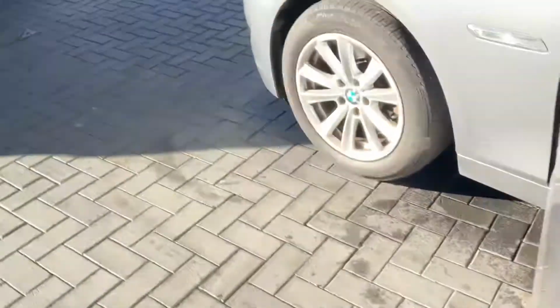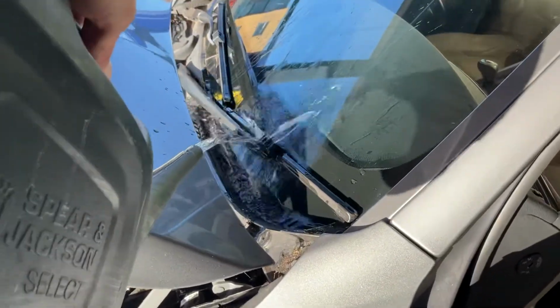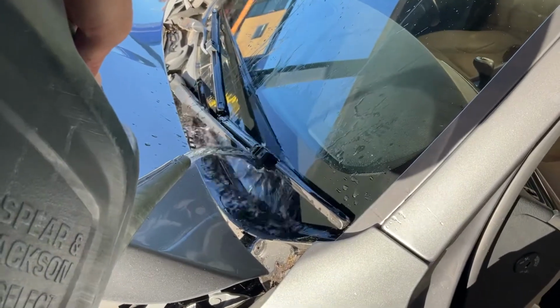So what we're going to do is put a bit of water down on the front scuttle area, just simulating it's out in the rain. So we'll put loads of water down the front here, and if we then jump inside the car, that should then show us,